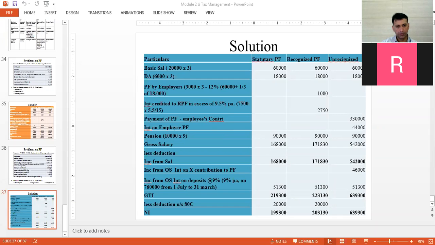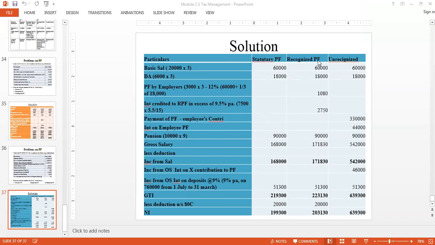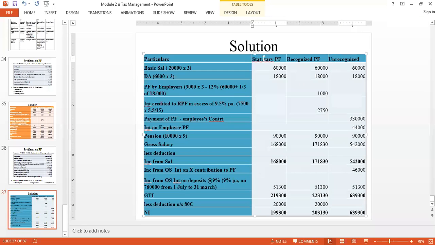Yes, sir. Okay. So today we'll try to solve this particular problem and then we'll move on to the next part. This problem also came in your final exam. I'm taking all the problems that have come in the final exam itself, so that you won't have any problem understanding how we solve such things.